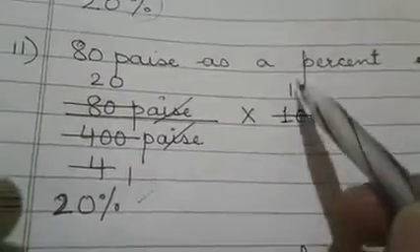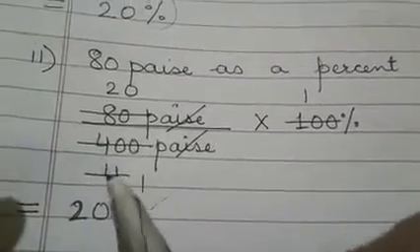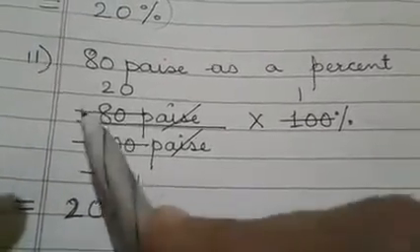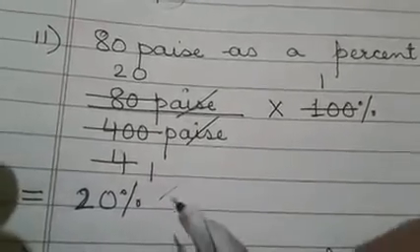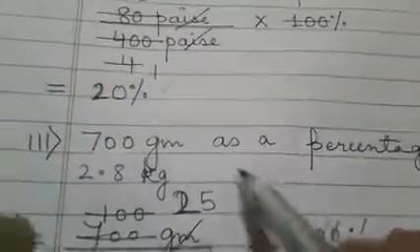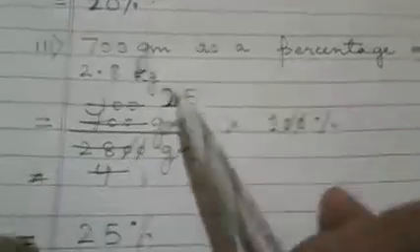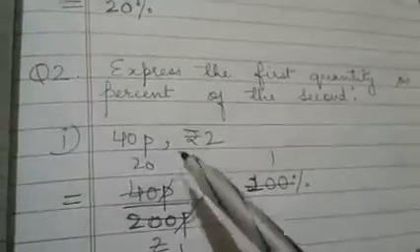So how have I done it? 100 ones are 100, 100 fours are 400, 4 ones are 4, 4 twenties are 80. Okay, so that is 20%. Similarly, for the rest, take the third one as homework. I have solved it, but you can take it, the method is the same. Okay, question number 2 is of the same type.